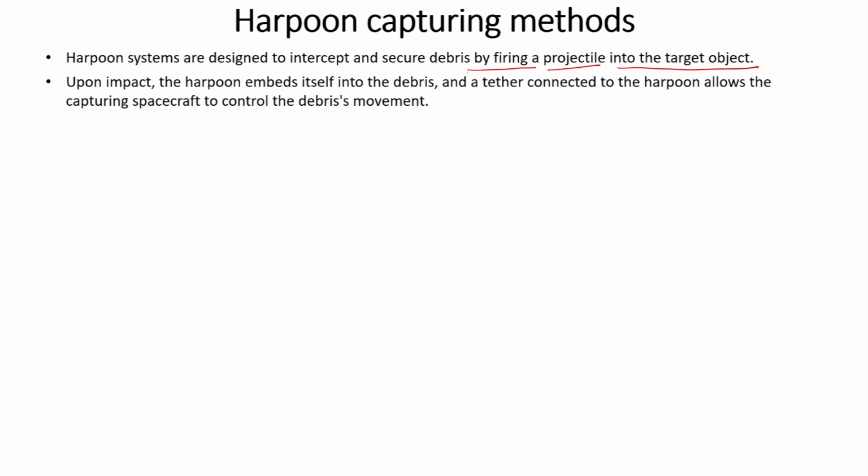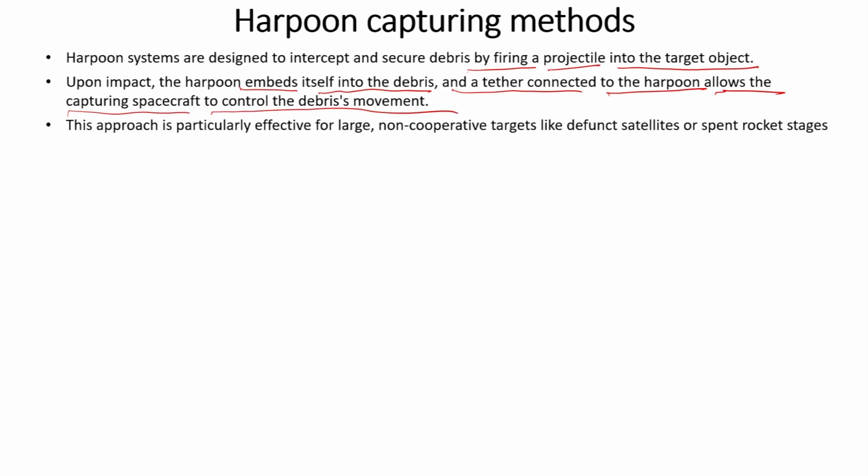Upon impact, the harpoon embeds itself into the debris, and then a tether is connected to the harpoon, which allows the capturing spacecraft to control the debris movement. This approach is particularly effective again for large, non-cooperative targets like defunct satellites or